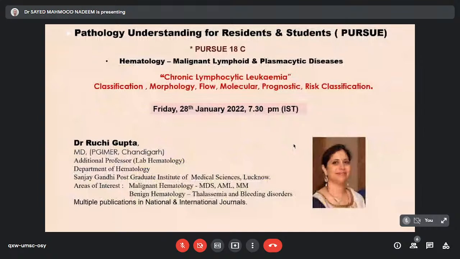Presently, she is an additional professor, lab hematology at the Department of Hematology at the SGPGI Lucknow, with areas of interest in malignant hematology, MDS, AML, and multiple myelomas, benign hematology, thalassemias, and bleeding disorders, with multiple publications in national and international journals. Dr. Gupta will be speaking on chronic lymphocytic leukemia, classification, morphology, flow, molecular prognostics, and risk